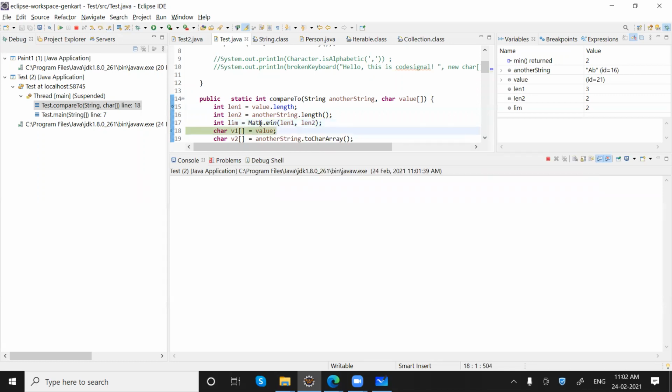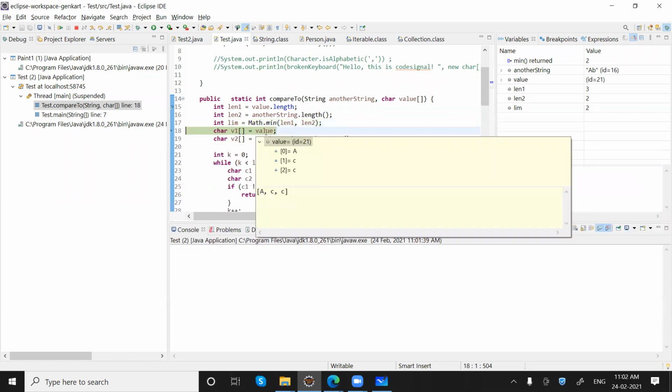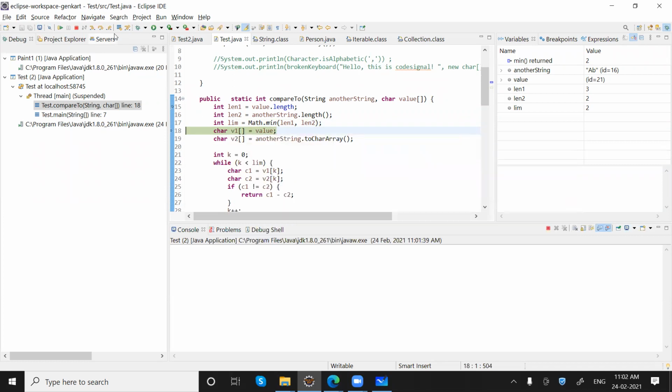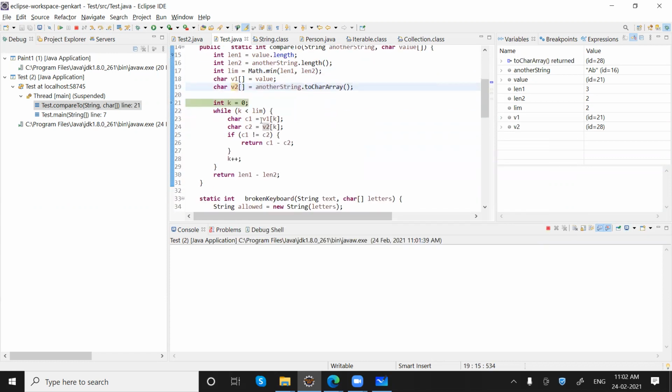When we say Math.min, lim will become 2. Now we keep the first value into array v1 and the second into array v2. Now we take k equals 0 while k less than lim.